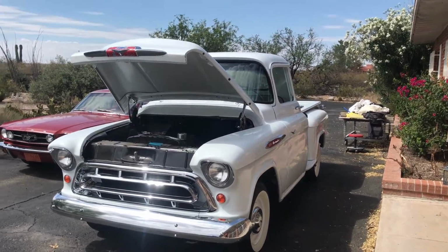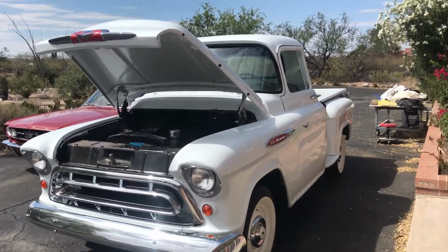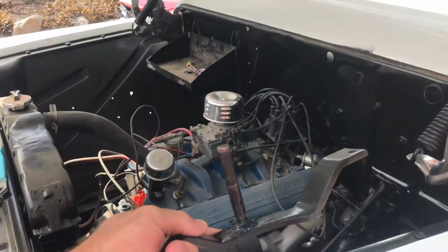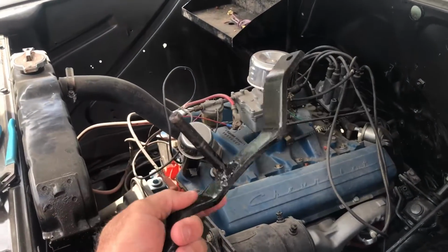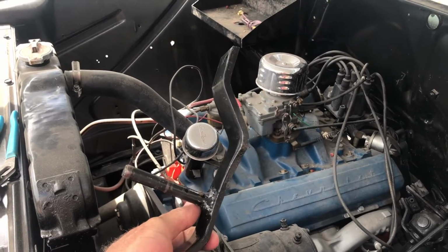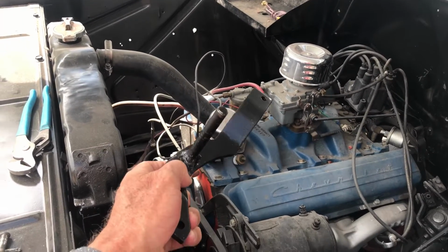Good morning. Today I'm going to be working on the emergency brake system on this '57 Chevy of mine. I've had this thing for 25 years. This is the emergency brake lever. The pivot rod here had snapped off, so I did a little bit of cleanup on it and welded it back on,